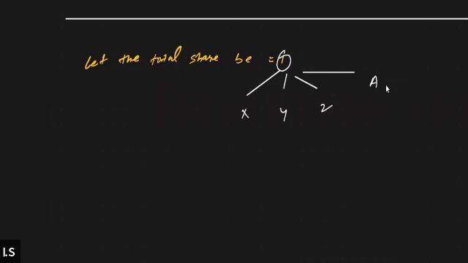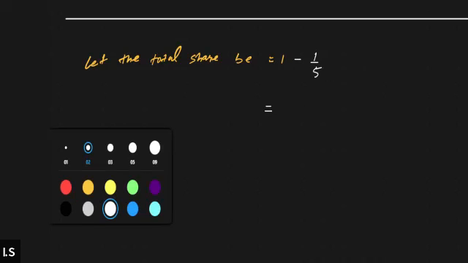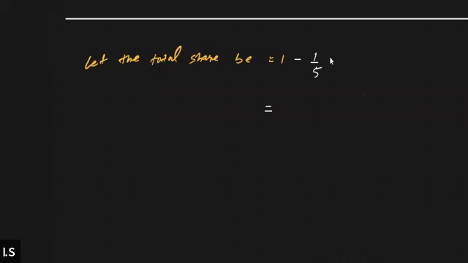But how much will A be acquiring out of it? It is already given in the question, 1/5. A will be acquiring 1/5. So after giving 1/5 to A, the remaining can only be shared between X, Y, and Z, right? So we can just subtract 1/5 out of 1, and we will be able to determine the remaining amount of share after A's 1/5 share.